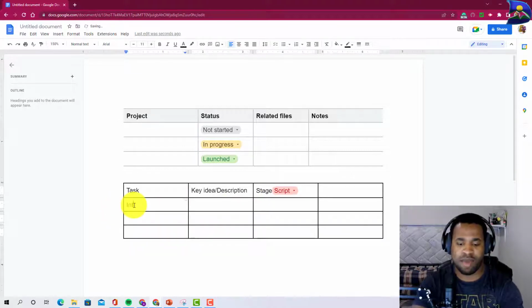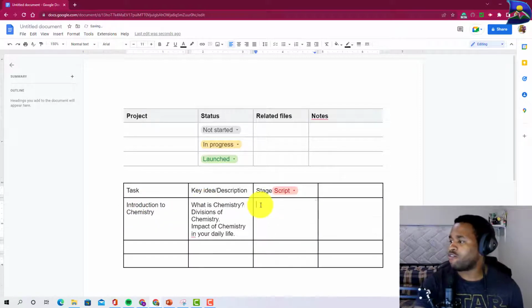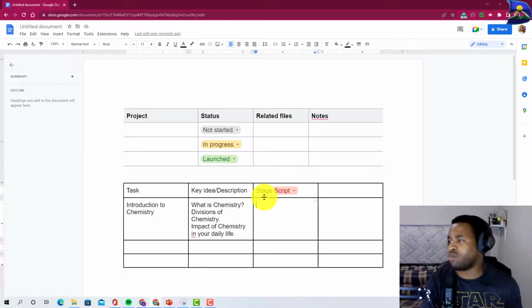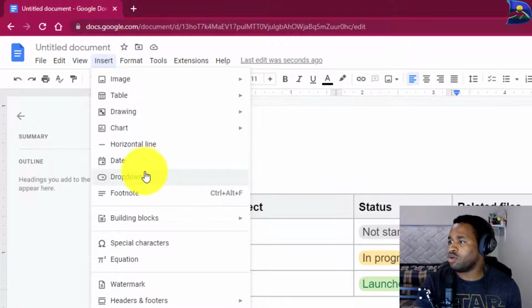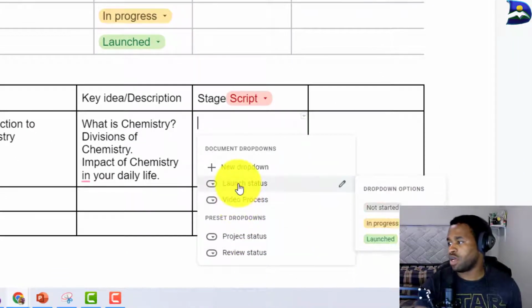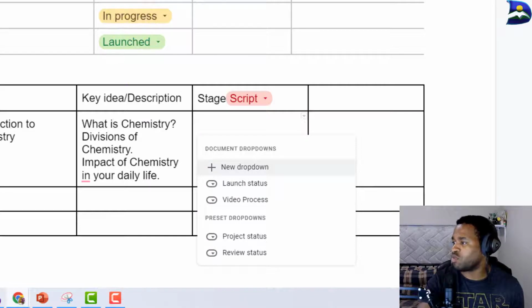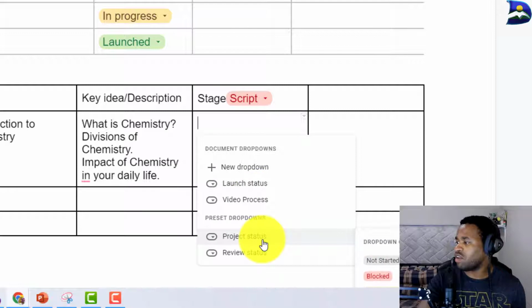in this case for task, let's say for example I have my first task, I can have in this case key ideas to be for stage, how you're going to be able to introduce that particular drop down. All you have to do is go in here to insert, go to drop down, and you're going to have video process. You can have launch status. Those are suggested ones, which means either not started or in progress or launch, which is similar to what we have right here. Next one here is in this case project status, either not started or blocked, or review status,